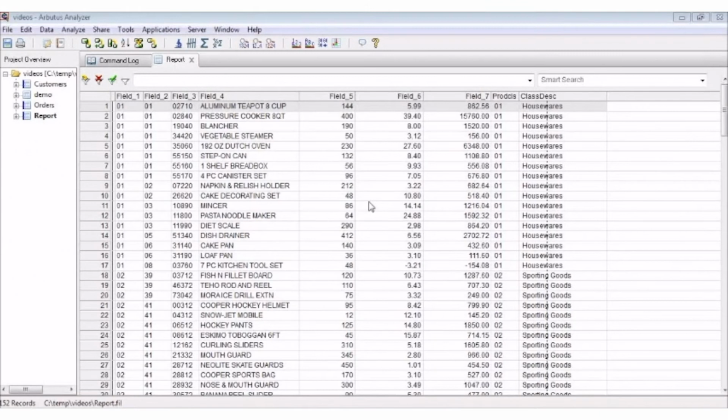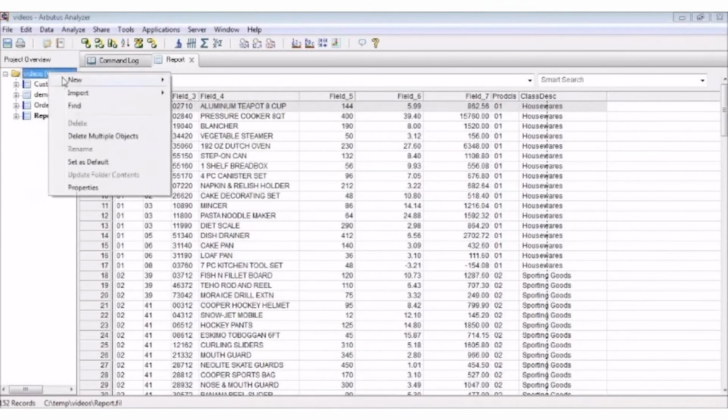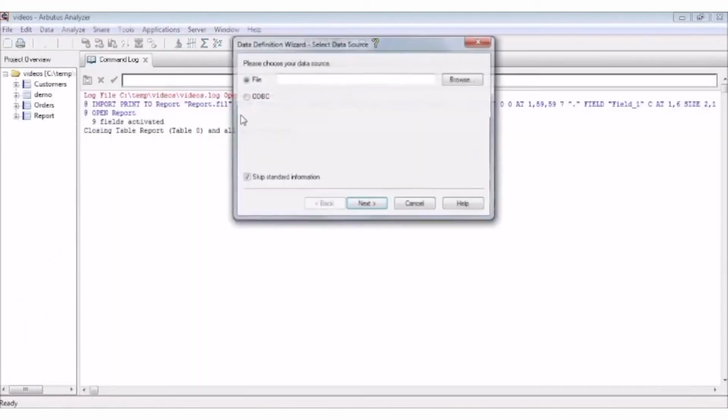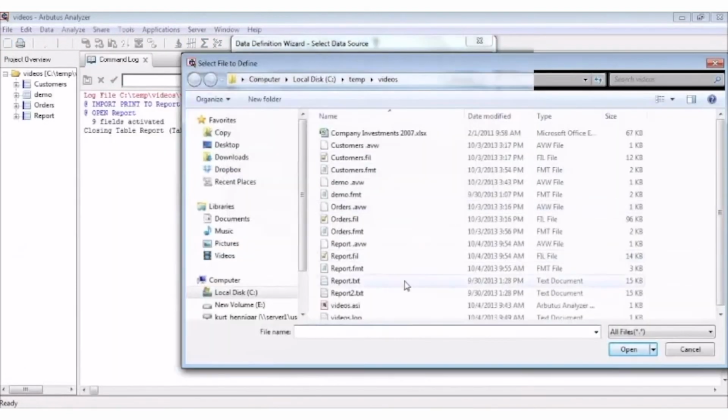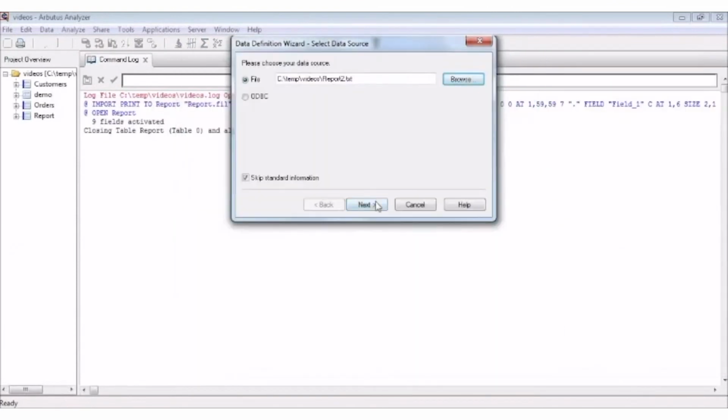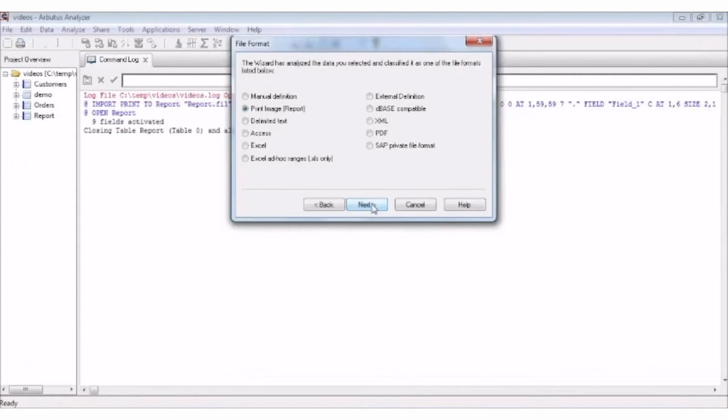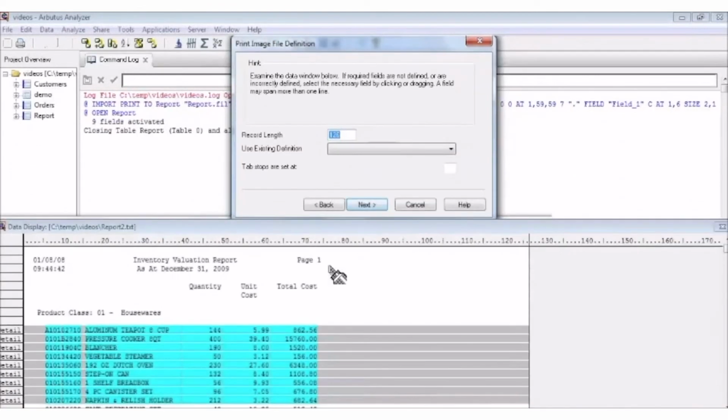When the next report comes in, I can begin the process the same way, right-clicking in the project overview, selecting New Table. I'll navigate to the new report, and again I'll select Next, where the wizard detects this is a print image file. Again, Next. It detects the detail records automatically again, and rather than having to go through the process of defining